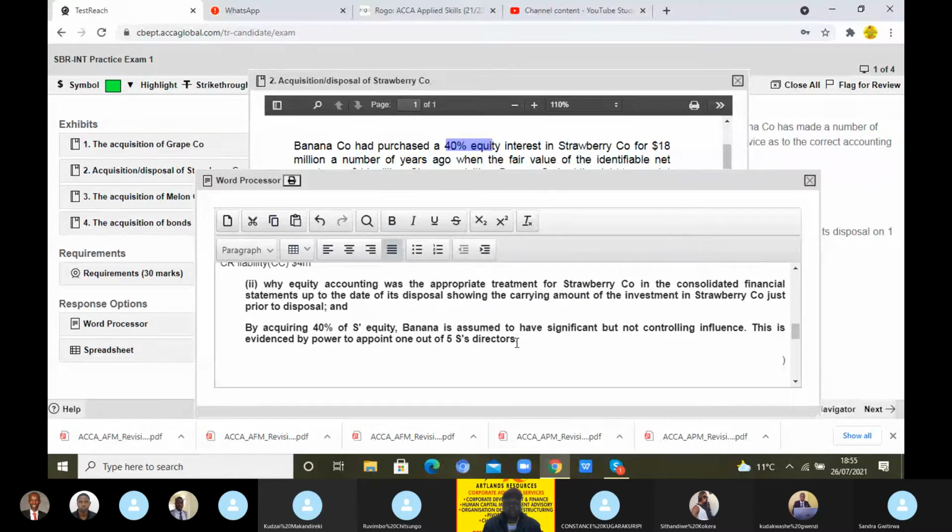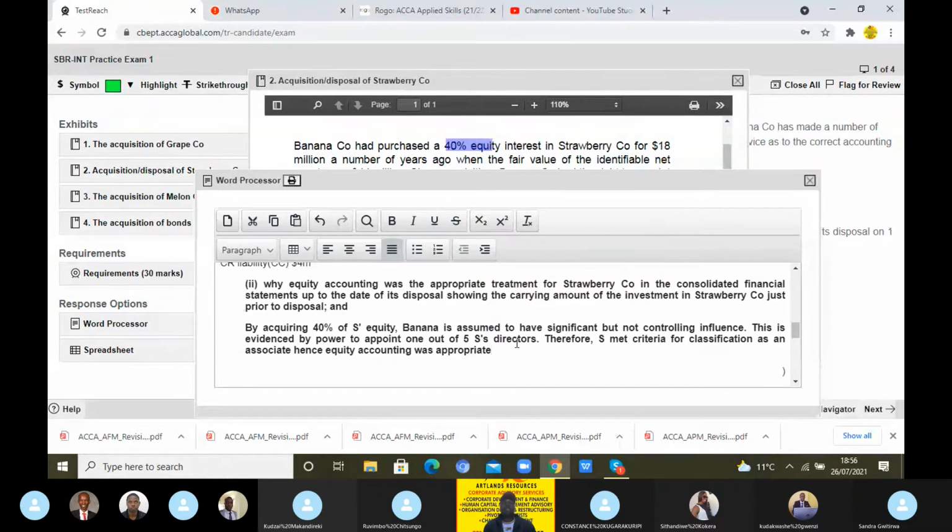So there you go. Therefore, S met the criteria for classification as an associate. Hence, equity accounting was appropriate. Now, if you realize that the examiner began to describe what equity accounting is, I told you that